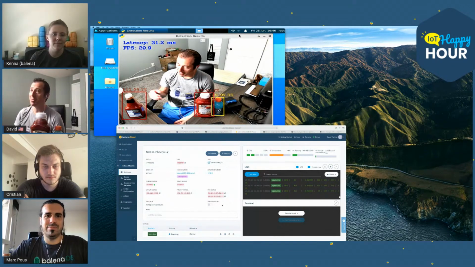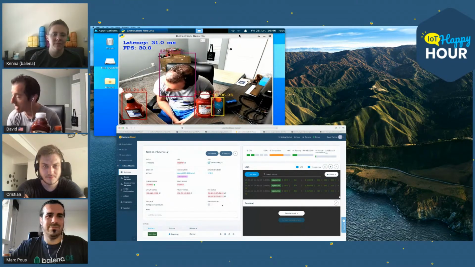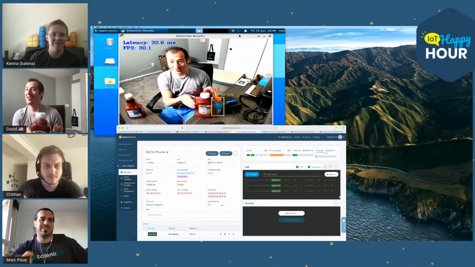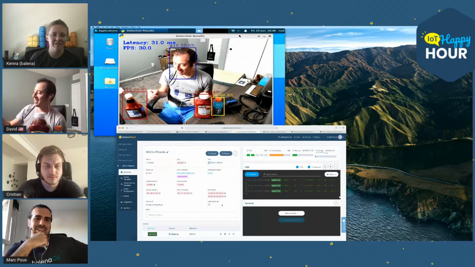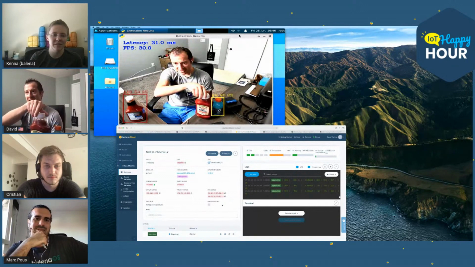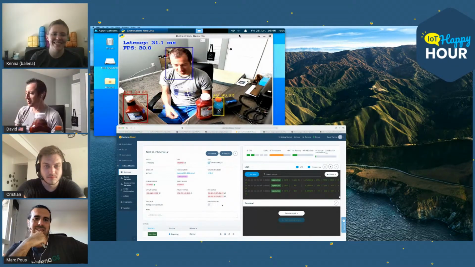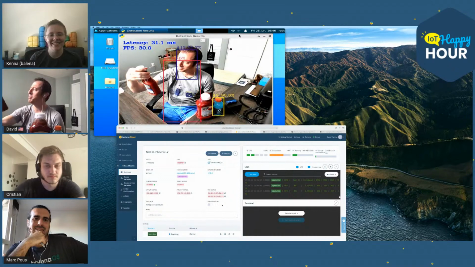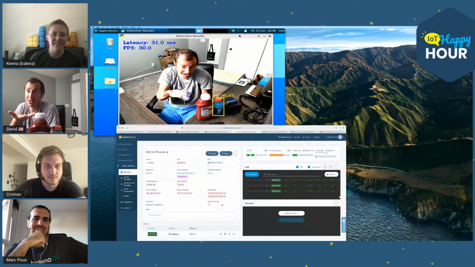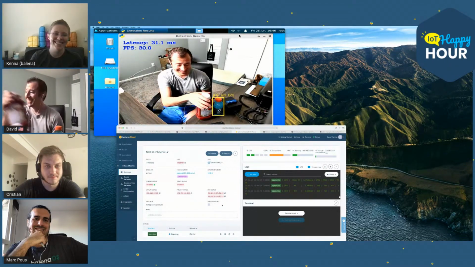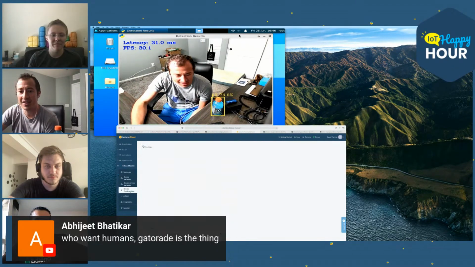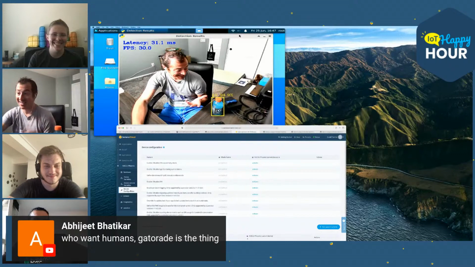I don't know. Do you really need to be in the business of detecting ketchup? I guess if you're a grocery store, yeah, maybe. But does it detect particular brands or not? You could probably train it on the labels. Yeah, I don't know. This one is a Hunt's. I don't know, whatever Costco had on the shelf. This one is a cheap store brand. But I mean, it's a red bottle about this big. It thinks it's ketchup. So let's come back here. Gatorade is the thing, exactly.